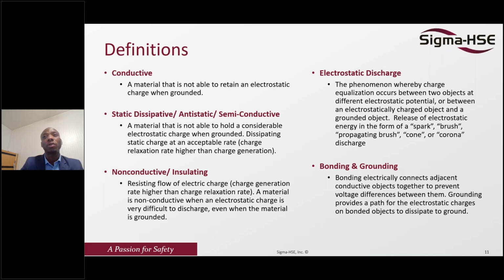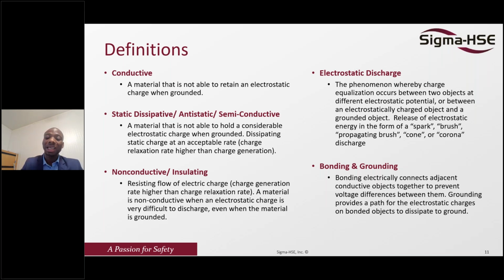And we have various forms of discharge, which I don't want to dive into more right now. We have a spark from metals, we have brush discharge, we have corona discharge, and we will dive into that very soon. The main focus here is for you to understand the mechanics and these terminologies so that you will not be confused when moving into the next stages.